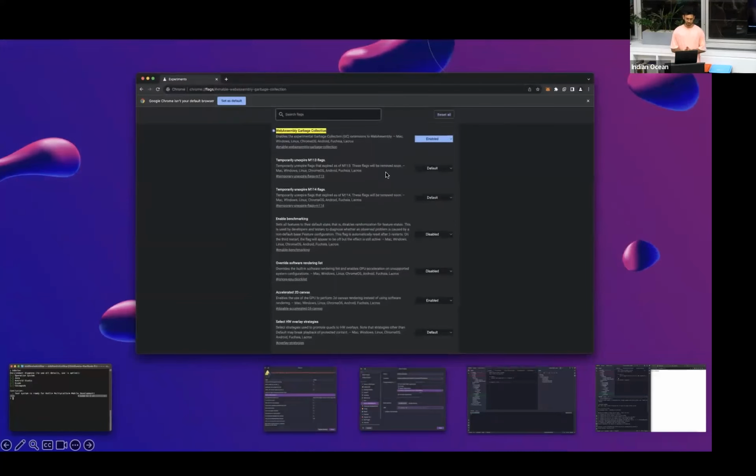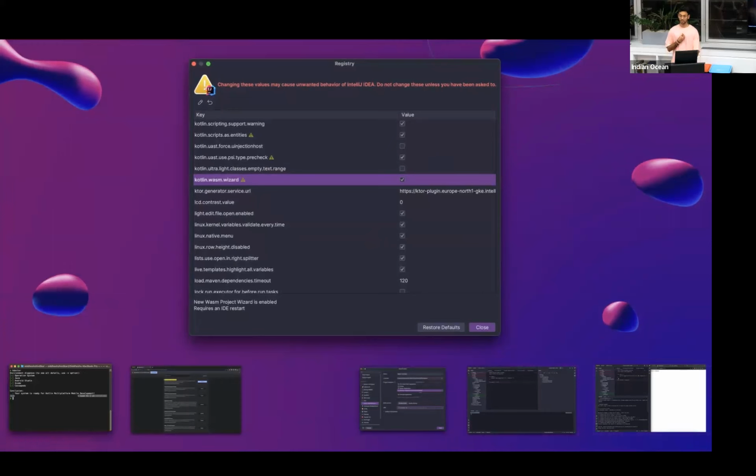Garbage collection flags. I forgot to mention the URL, but if you go to Kotlin WASM, they have a Chrome URL which, after you paste it in Chrome, will highlight this flag, which is WebAssembly garbage collection. Since it's machine-level binary code, you need a garbage collector to collect all the garbage values. Then once you have enabled it,